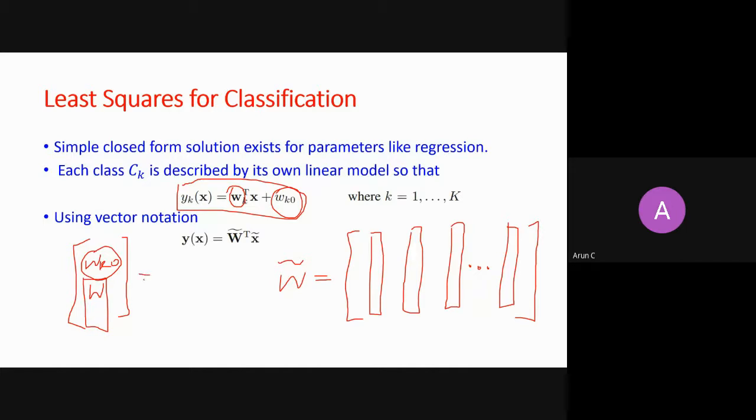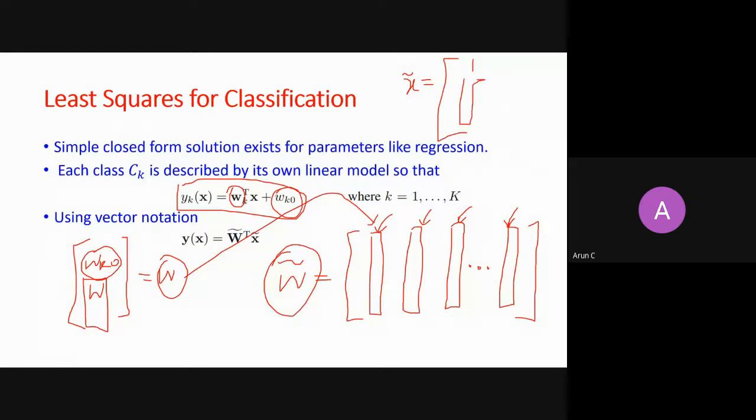This is the parameter for one hyperplane. I have put it in vertical fashion. So this is my first hyperplane parameter, second hyperplane parameter, third hyperplane parameter, and kth hyperplane parameter. So this is a W matrix, W hat or W tilde. And for X tilde, we have again done an augmented vector. In this, the first entry is 1 and the rest of the entries are X.